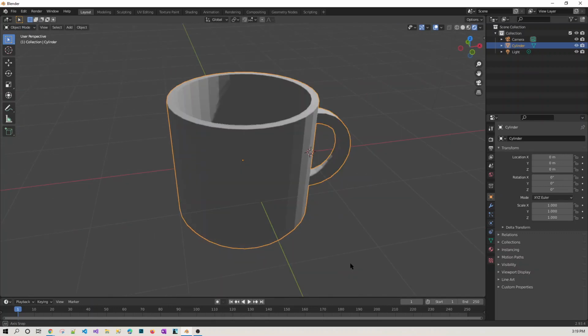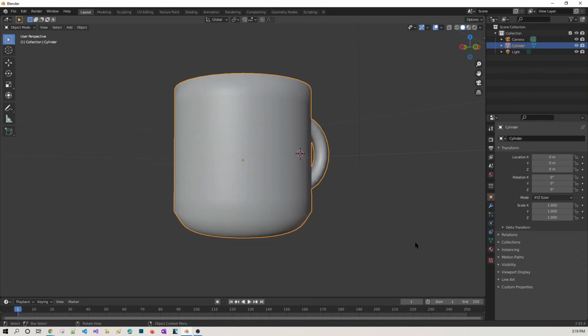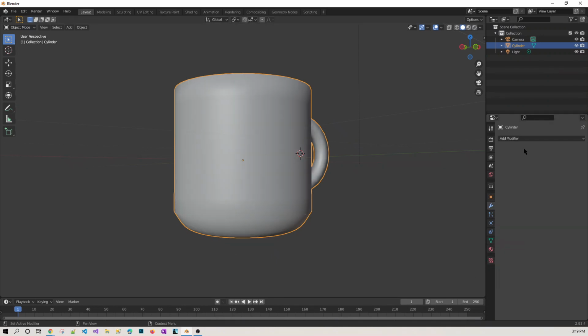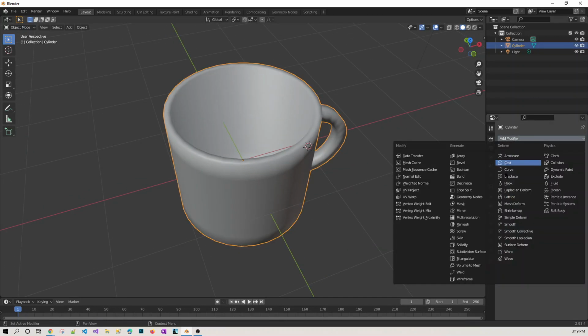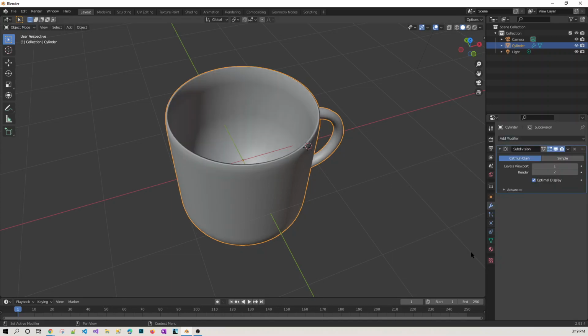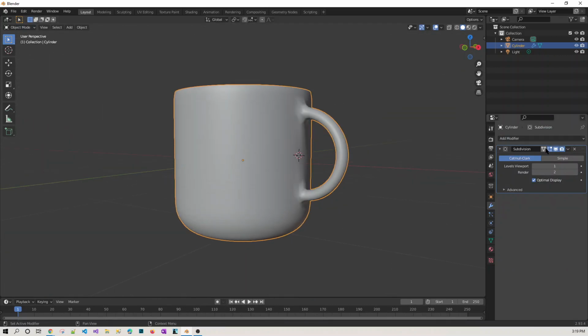This is having no problem at all. Come to object mode again, right click, smooth shade. If you wish, you can add some modifier too. You see, there is still some problem here. So just select it and add a subdivision surface. If you select subdivision surface, it will give you a very smooth kind of thing,